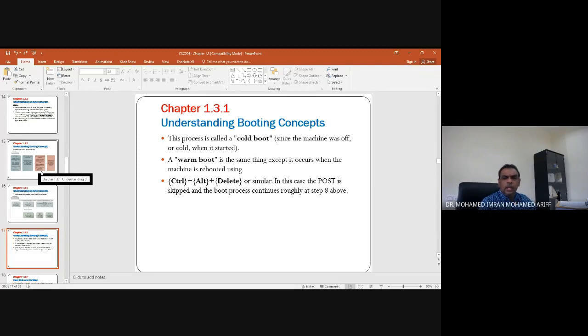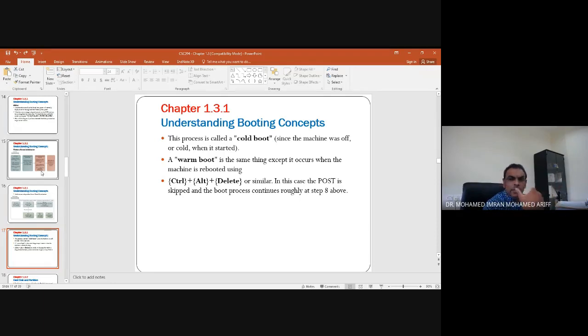Okay, there are two booting concepts that you need to know. One is what we say as the cold boot concept, and one we say as the warm boot concept. Okay, dia ada dua. A cold boot concept ialah whereby when the machine is totally off pagi-pagi, then you do a cold boot process. And the warm boot process ialah you do it macam you restart sahaja.